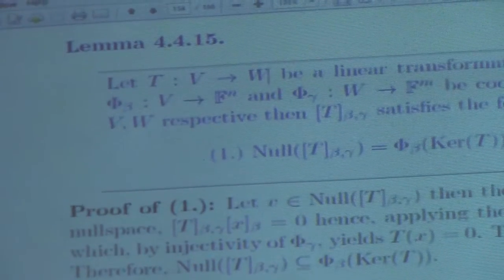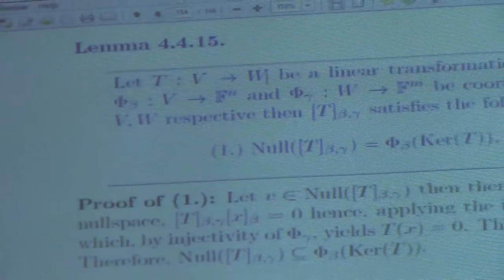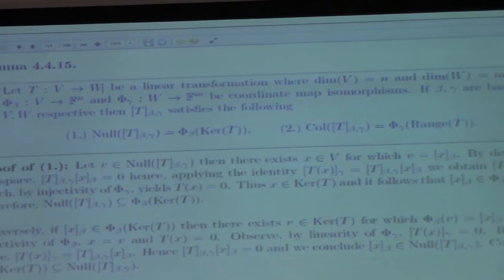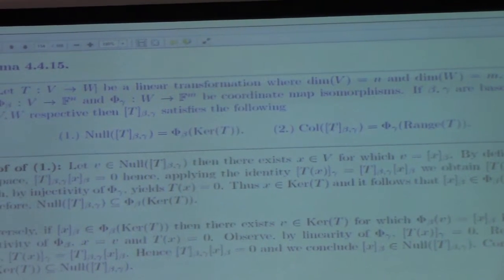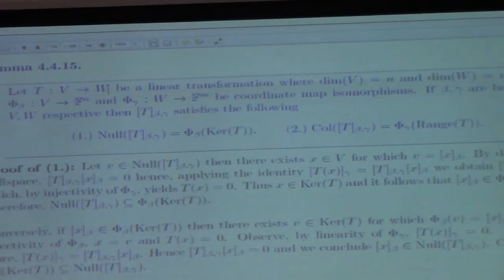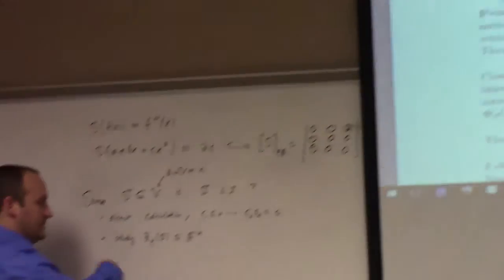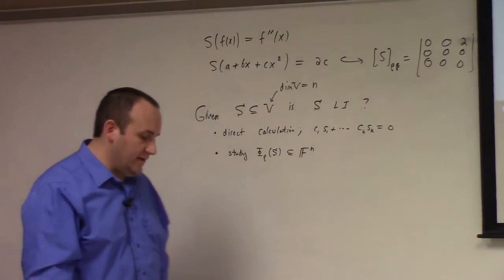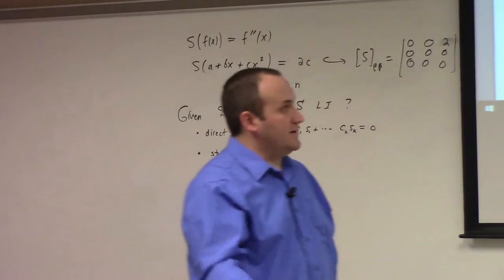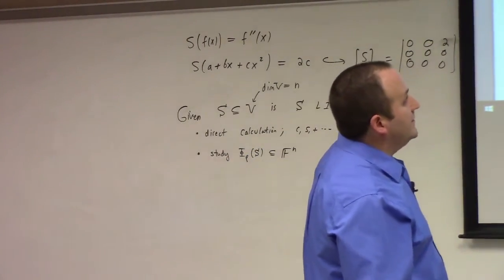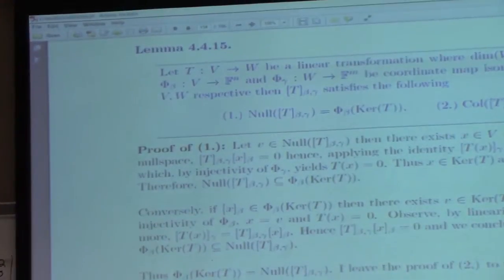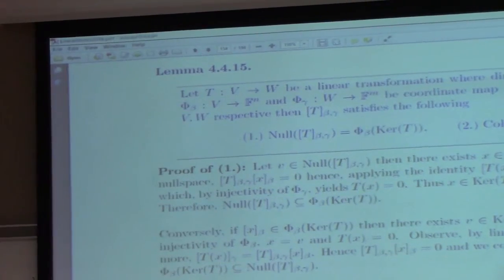So it totally preserves the story of linear dependence or independence. That's a very nice thing, right? Because down here, we just face a set of column vectors. So if you got some nasty abstract question, you can just feed it to the coordinate vector and you have a corresponding problem in column vectors, for which we know nice matrix calculation techniques. And that's essentially what this lemma is about,